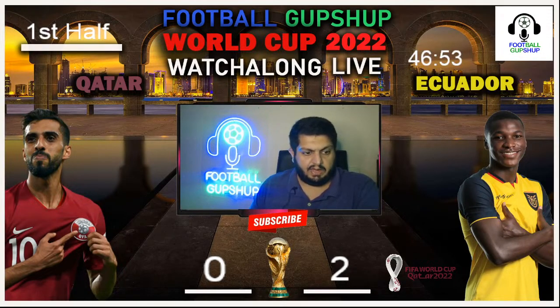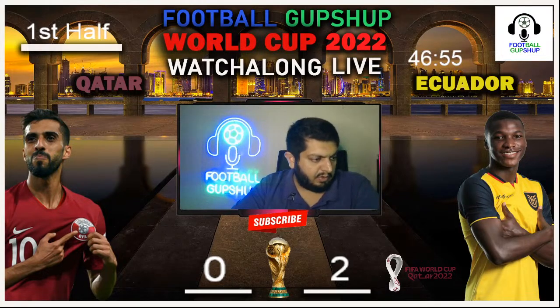Once again, you can clearly see that Qatar have got the ball right there, trying to play it out to the back. They still have got the ball. Right now, the ball has been pushed forward onto the left flank, Qatar making that run in. Once again, Ecuador on the ball. This is going to be interesting. Ecuador once again trying to beat their man, trying to go forward.